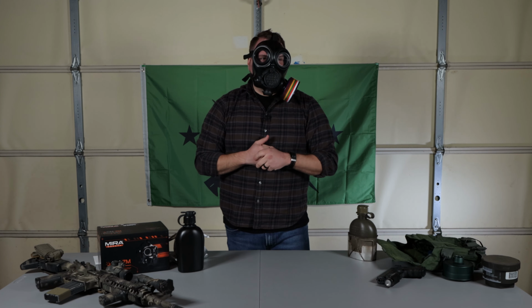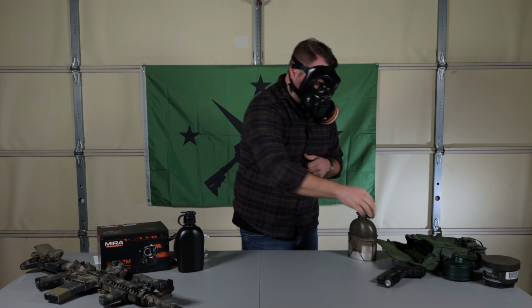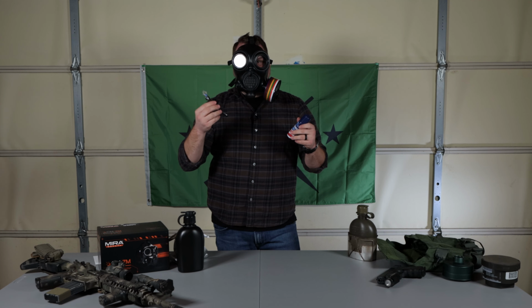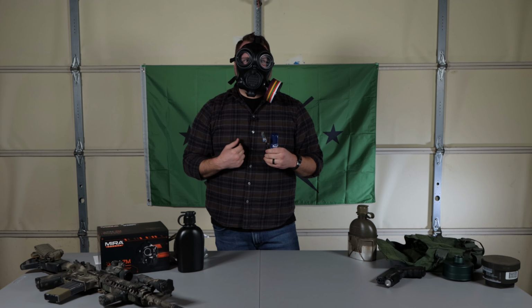seal on this mask. Now, with that being said, if you thought that there was a need for a gas mask, given whatever was going on in the world, you would probably need to take care of your facial hair. So this wouldn't be something you would do on the spot. Having a razor, and I mean, you could dry shave it if you needed to, or throw some shaving cream on to go ahead and take care of that facial hair, so you have 100% confidence in the seal in